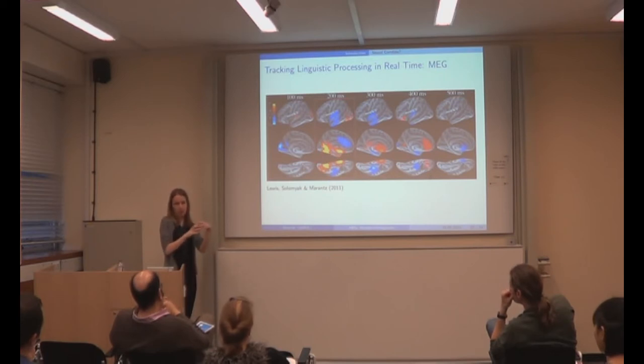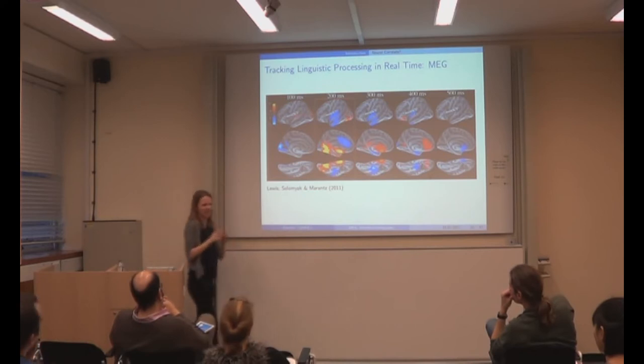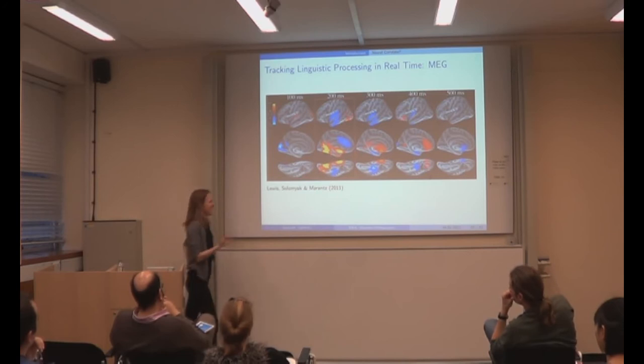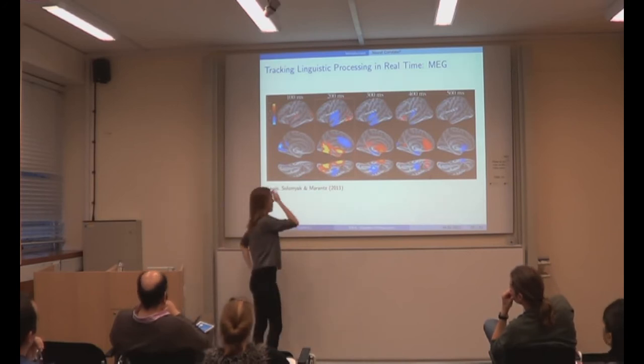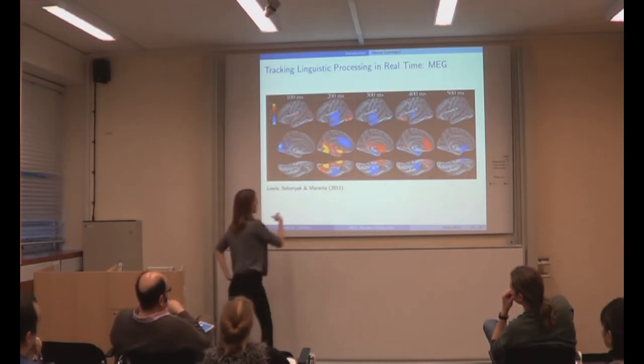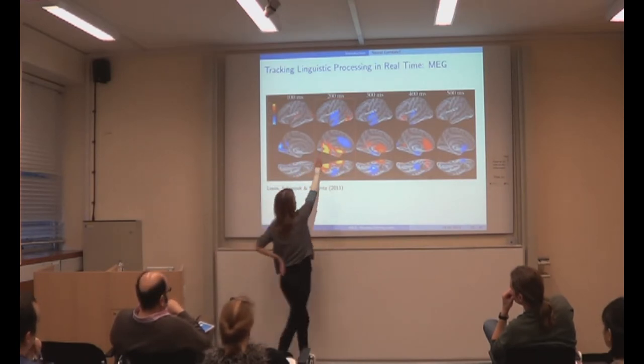So we can actually restrict our analysis just to the fusiform gyrus. Now we're still dealing with centimeters of cortex, not the millimeters that fMRI lets you deal with, but we have the millisecond time resolution to add, so it's a fairly powerful tool for the kinds of things that we want to do. So what we're interested in is this left